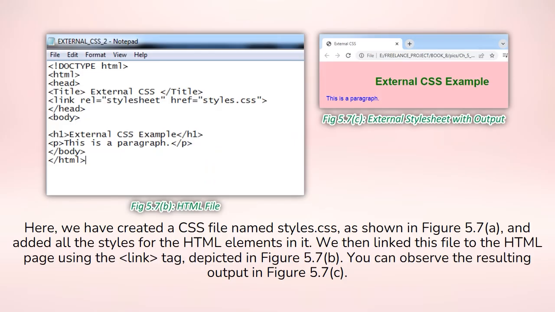Here, we have created a CSS file named styles.css as shown in figure 5.7a and added all the styles for the HTML elements in it. We then linked this file to the HTML page using the link tag depicted in figure 5.7b. You can observe the resulting output in figure 5.7c.